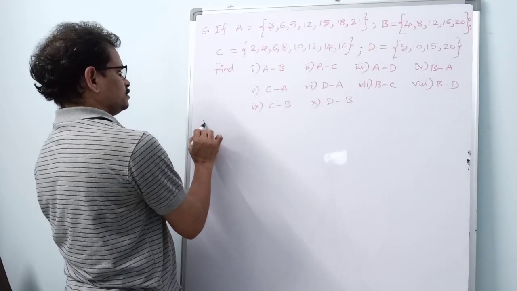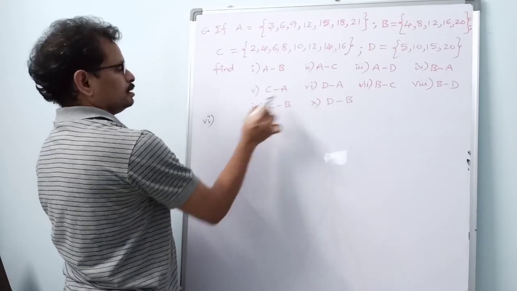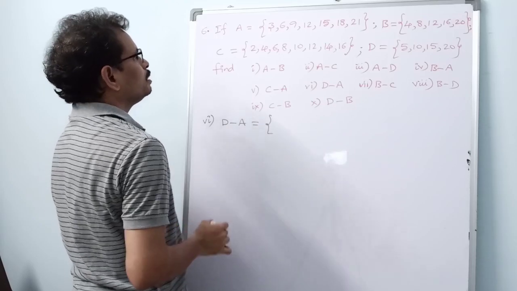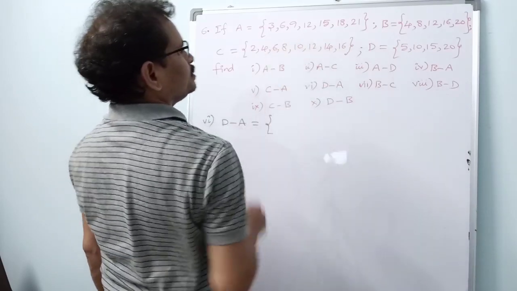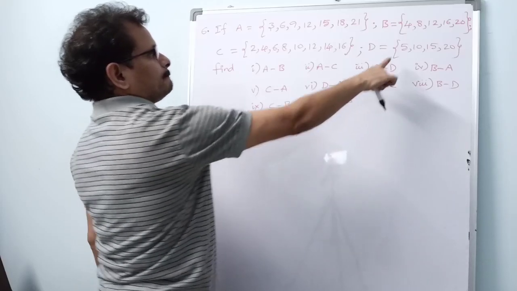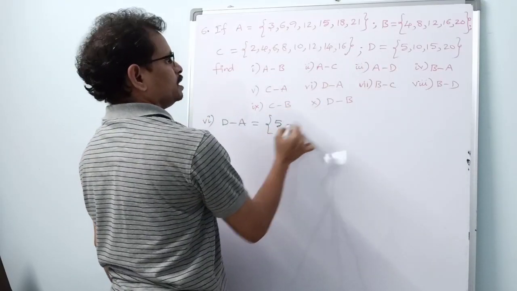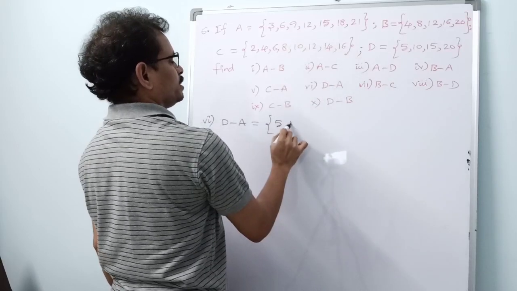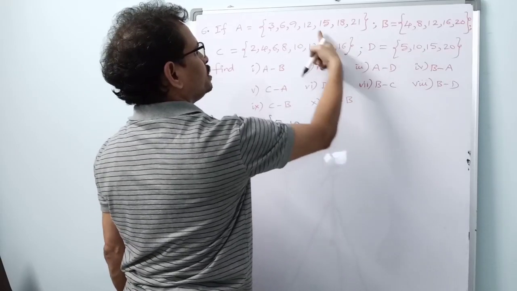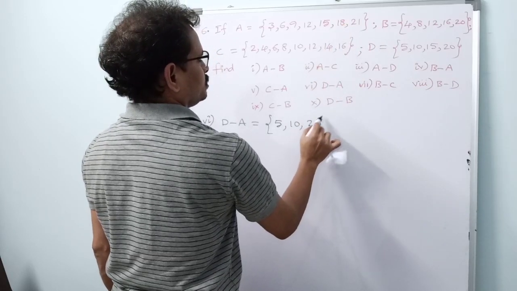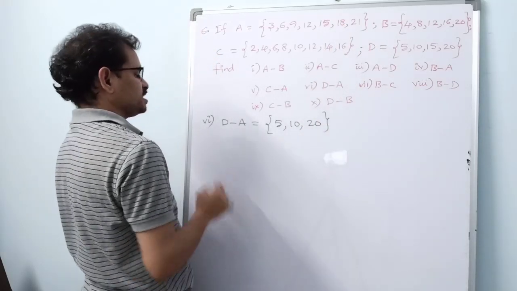Next, sixth one, D minus A. Here 5 is there, here it is not there, so write down. Here 10, here it is not there, write down. Next element 15, here it is there, so don't write. Here 20, here it is not there, so write down. Next, 7,